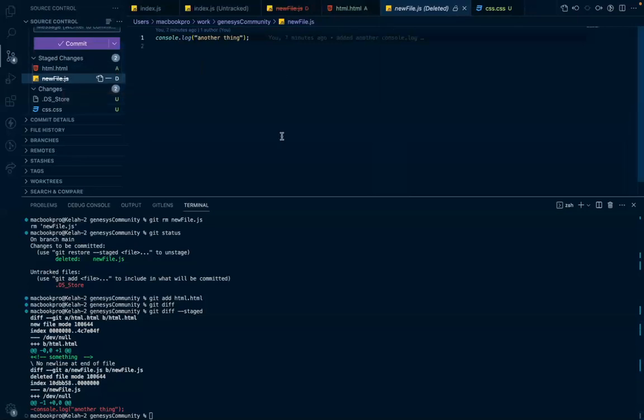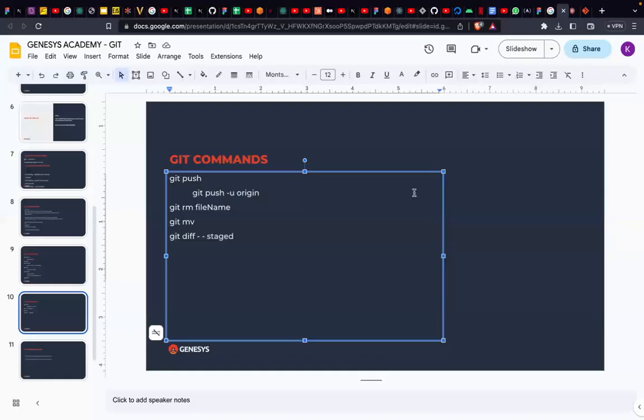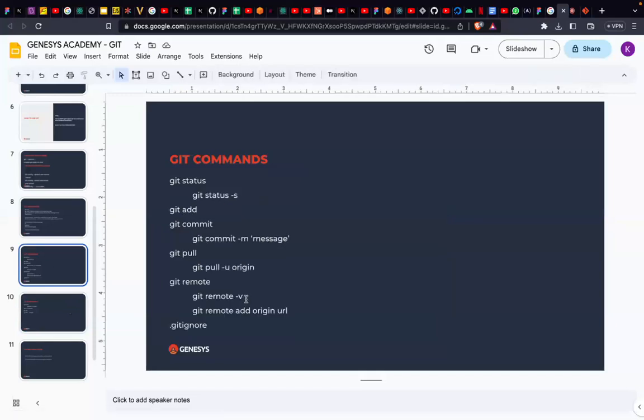So yeah, that's what the git is for. There are also other cool git commands that we can explore, but since this is a beginner class, I'm just going to stick to the most important ones or the basic ones. So that's about that. But moving back to git pull, before we do a git pull,